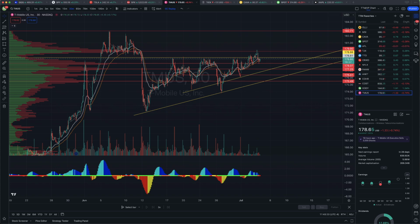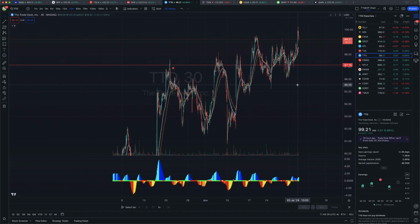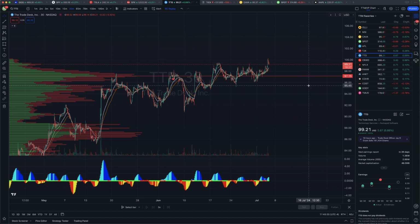And I know I'm just sort of babbling along as I'm marking these up, but this is what you have to be able to do. Well, in my opinion, this is what you have to be able to do when you've got a bunch of charts that you're looking at and you want to try and set up a trade plan, or you want to evaluate a chart quickly. You need to be able to draw these lines,